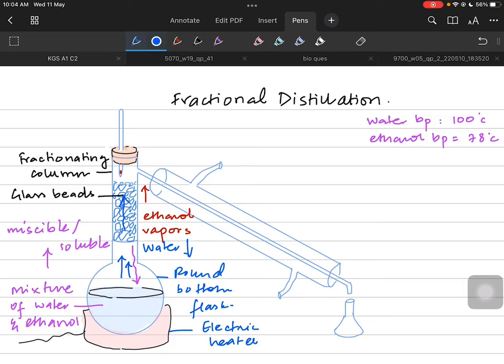When the ethanol vapors rise, the thermometer will tell the reading of the boiling point of ethanol. So you will see 78 on the thermometer. The ethanol vapors pass through the Liebig condenser. Again, there is cold water being passed through the Liebig condenser, and this cold water will help in the condensation of the ethanol vapors. So throughout the Liebig condenser, the condensation happens, the ethanol vapors become liquid ethanol, and they are being collected in the conical flask at the end of the Liebig condenser. Water remains in the round bottom flask because the fractionating column separated the vapors on the basis of